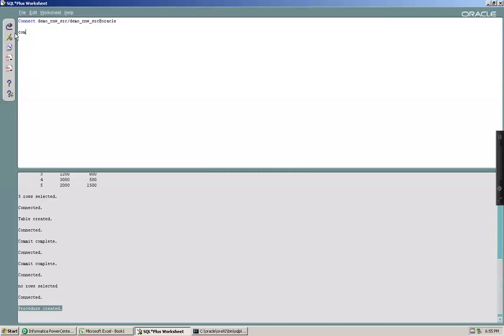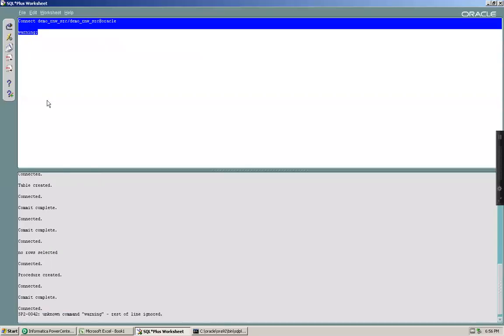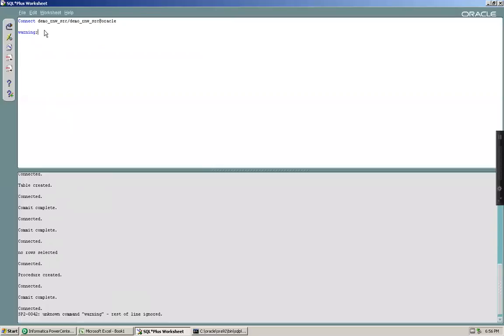I can commit this now. If there is any warning, you can type in show warning and you can see if there is any warning while doing that. So there is no warning as of now. Or rather, if you want to see any errors, actually the command for that is show